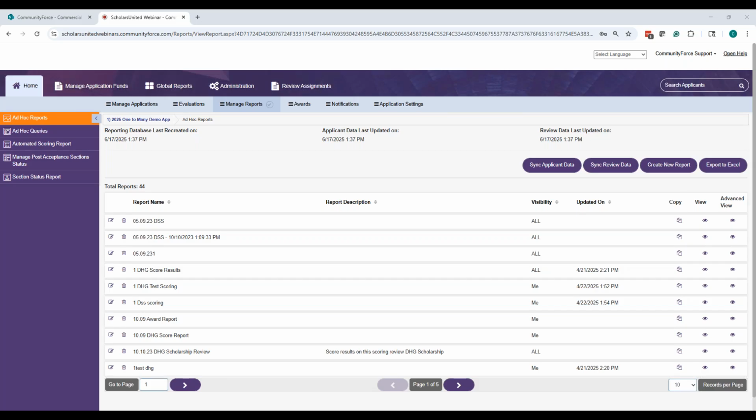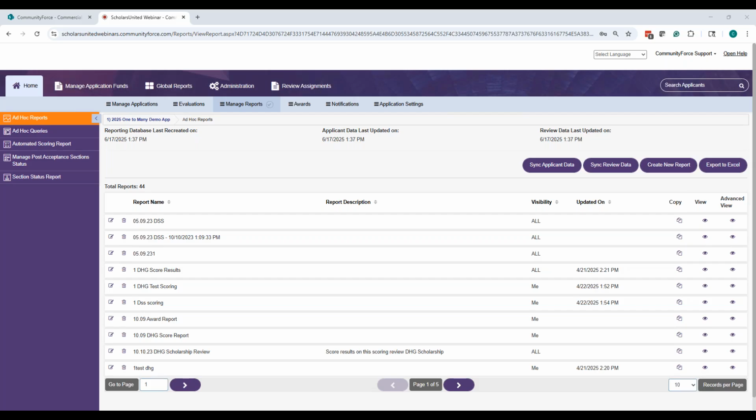Okay, what else is there? Can the applicant see the status of when they are selected for the award? So no, the applicants cannot see when they are being selected for an award. The only statuses the applicant sees are pending submission and submitted status. They will not see when the applicant has moved to committee review or when they've been selected for an award. That is only for the admins to see. Okay, so don't worry about that.